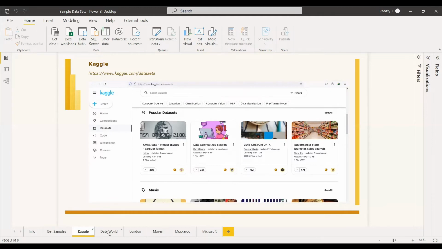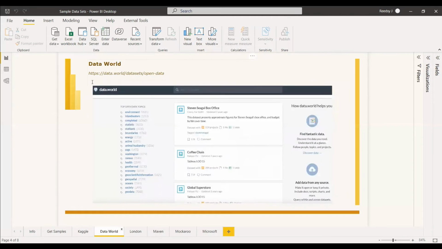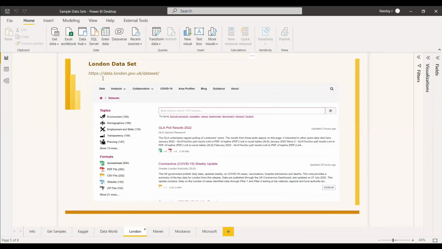The third one we'll be seeing is from Data World. You can go to Data World and go to the datasets link and get the open data, or get the world data also. If you go to the open data, you'll get lots of topics. From these topics, you can get the datasets. Sometimes you might be asked to log into the web page, but still you will get the datasets for all these. The fourth one we are going to see is from the London dataset, and it is from the website called